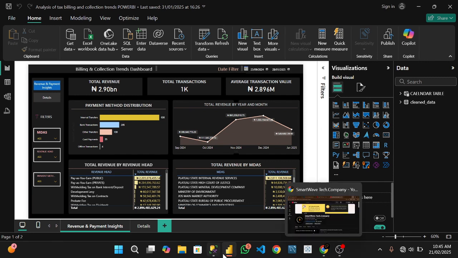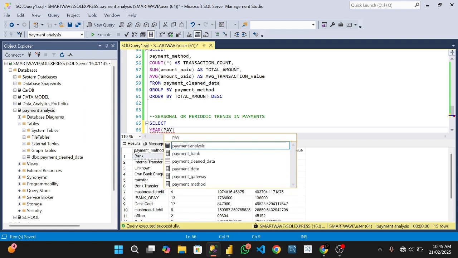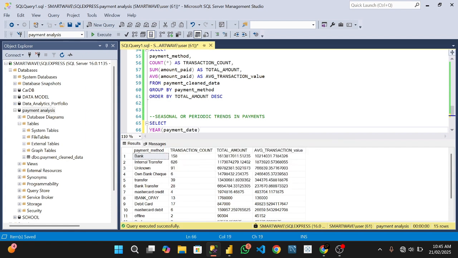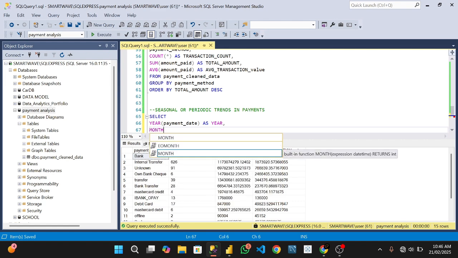So for the year, we just use the inbuilt function year of payment date as year, comma. You want to get the month also, so we have month of payment date